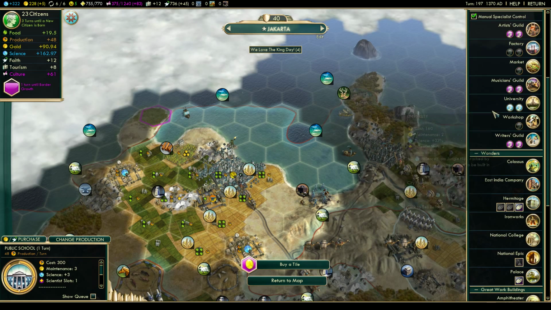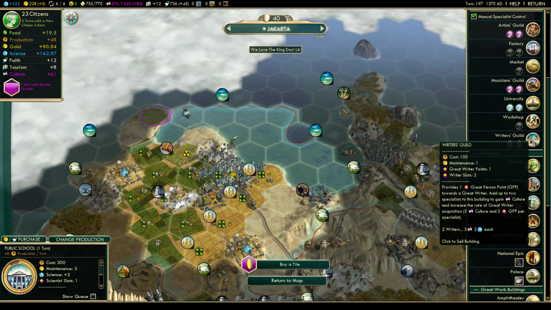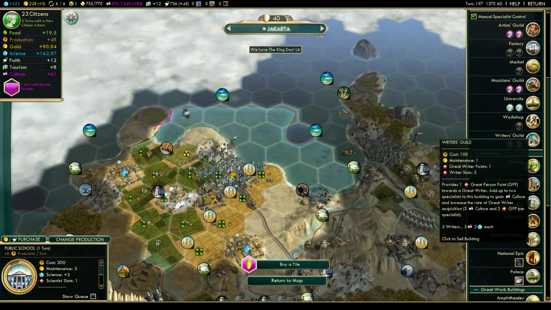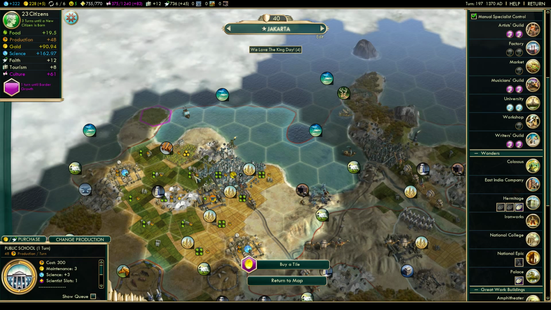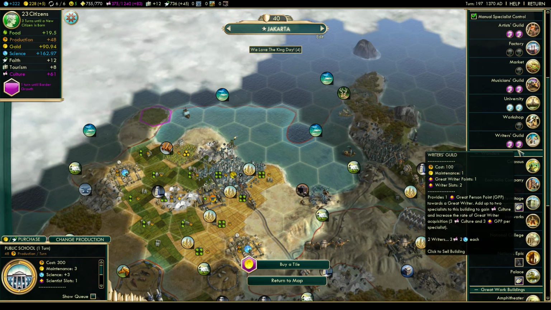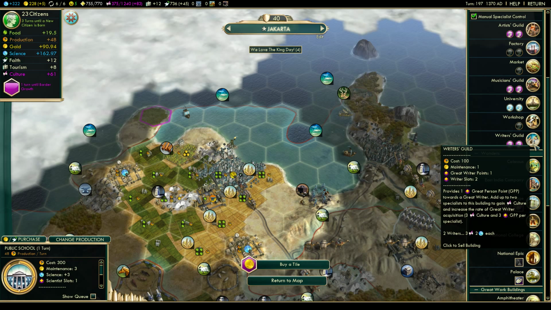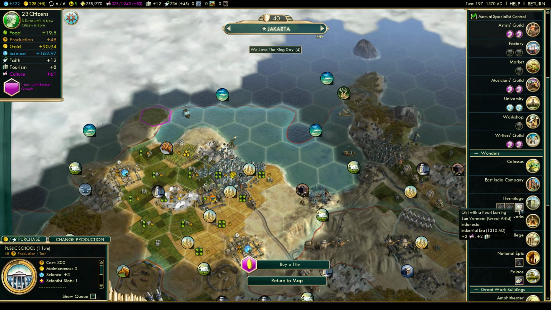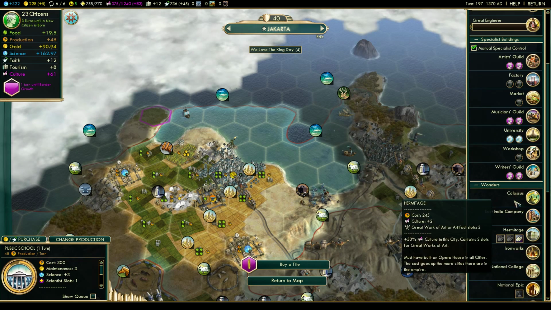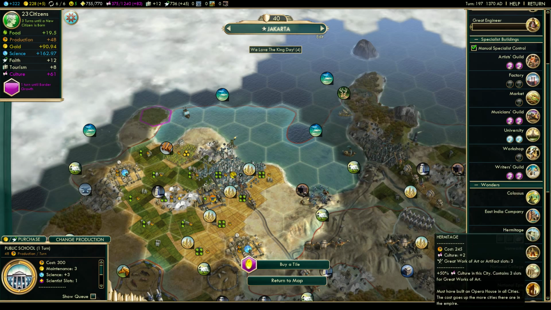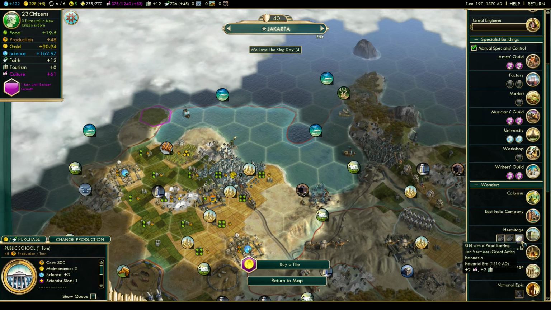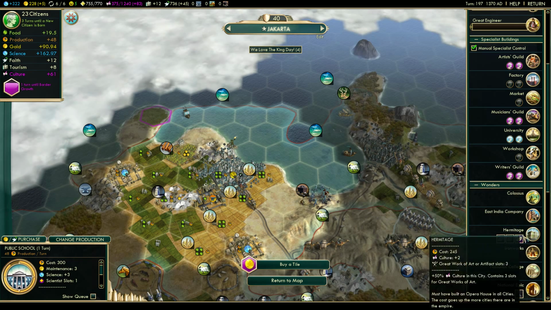Now, as I said before, the 3 guilds should be slotted as soon as possible, but don't give up too much growth for it. And you will sometimes run into situations where you cannot make great works yet. I almost universally keep my great people for later in those cases, just to make great works because they are very important. I will never sacrifice an artist, for example, because I know I will get the Hermitage very early and then I will want 3 works of art in it as soon as possible because of the bonus.